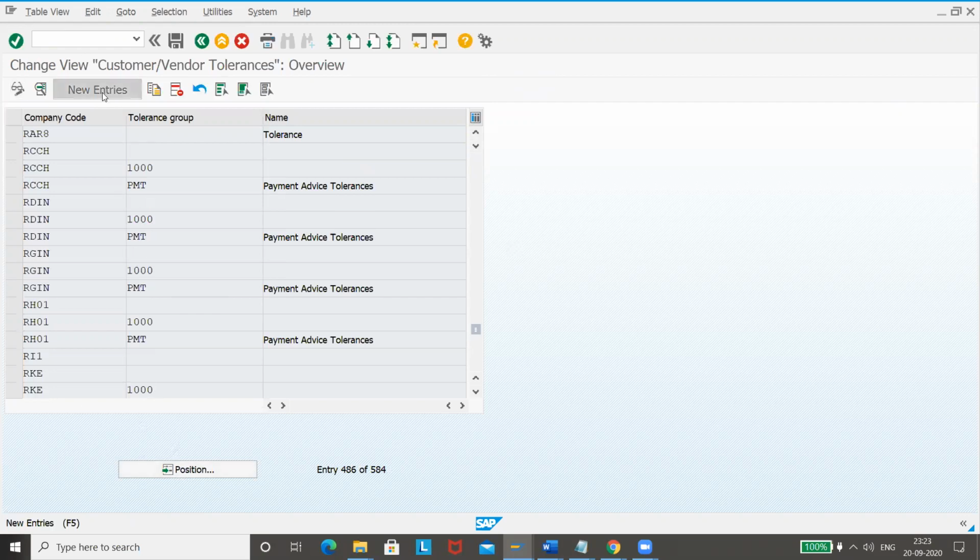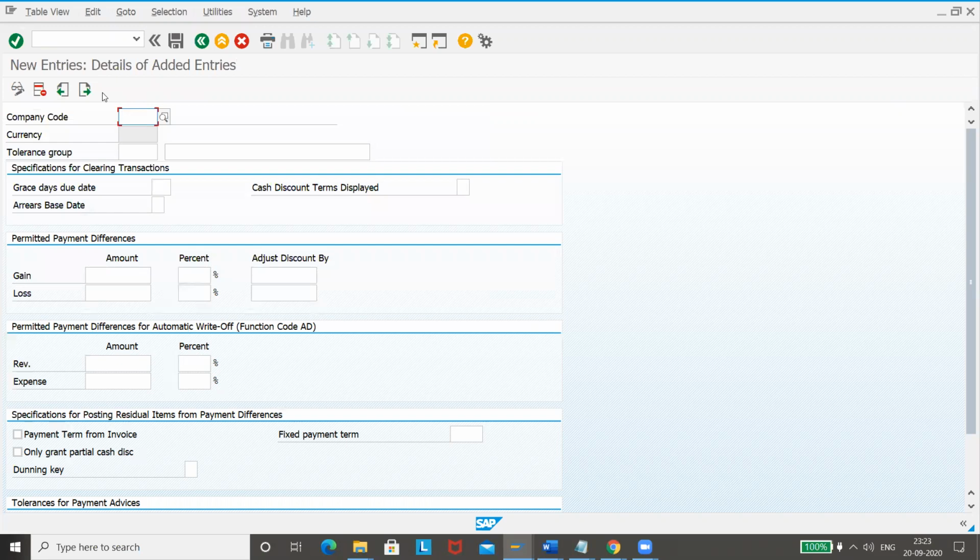So now go to new entries. Your company code RAR3. Tolerance limits not yet maintained. Just create RAR3 tolerance limits. Just give again 100, 3% again 100 and 3%. Save.